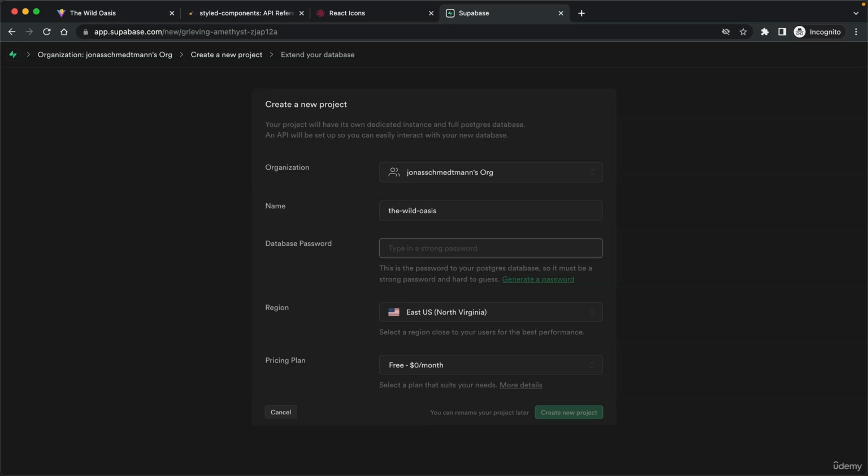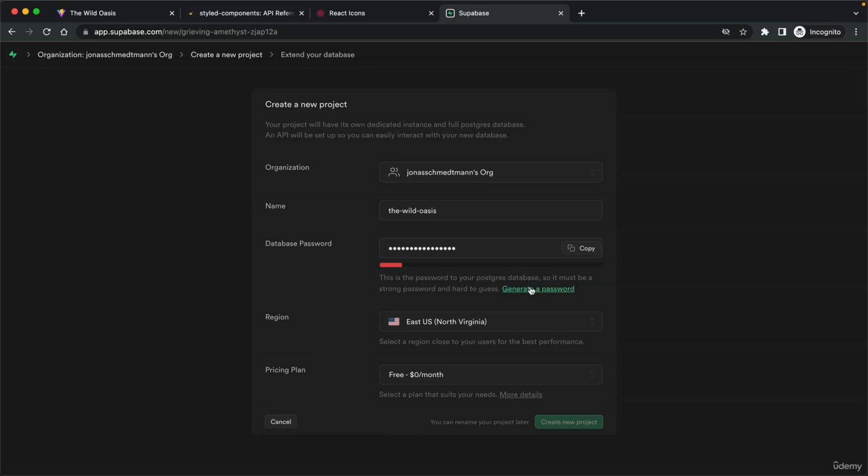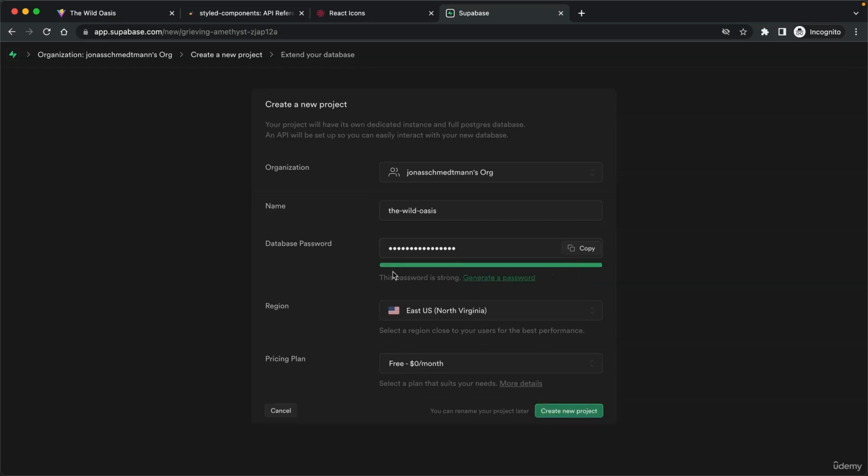And then here you need a password for your database. So I would advise you to just generate this here automatically. And then once you have that, make sure that it is very secure. So when this bar is green, and then please copy this and paste it somewhere secure. So not anywhere in your code base, but really completely outside of VS Code. And we will actually not need this password to build our application, but it's still a good idea to store